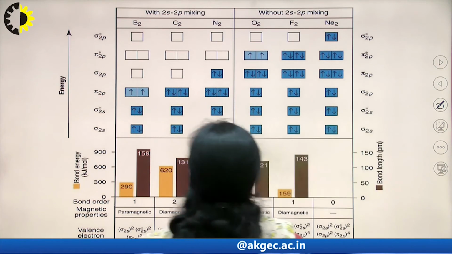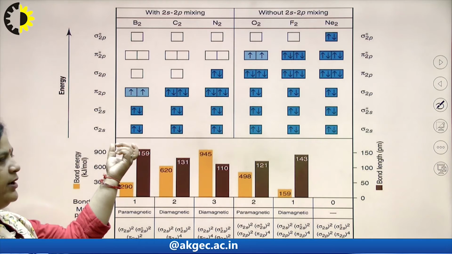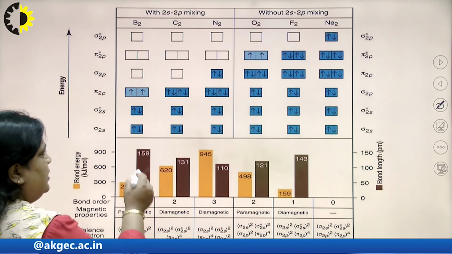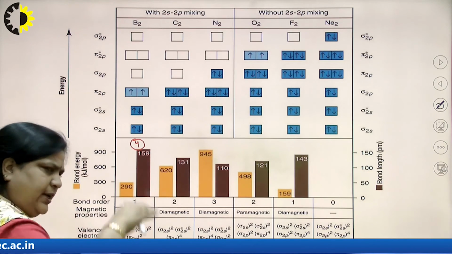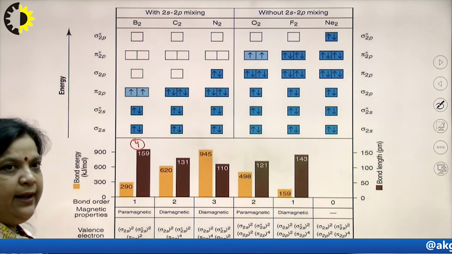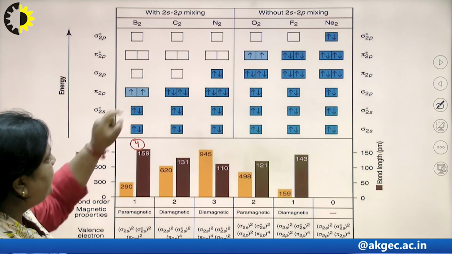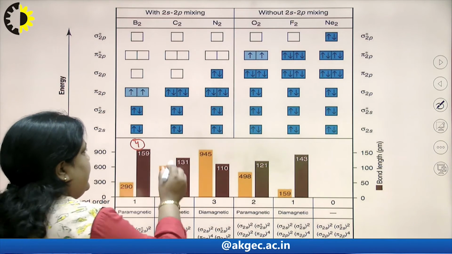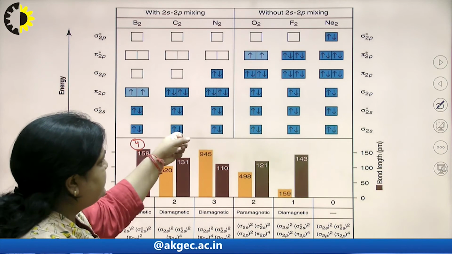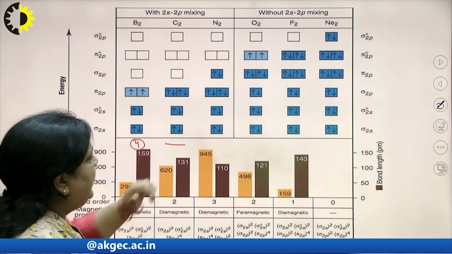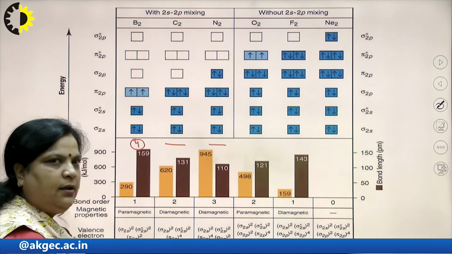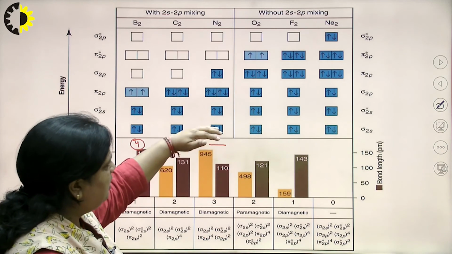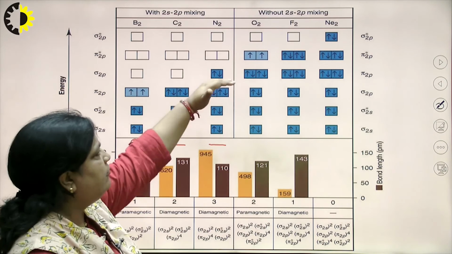So, B2, the total number of electrons is 10. So, 1s is 4, sigma 1s and sigma star 2s. So, it is understood because it has very low energy. So, we can write this as K. Then 5, 6, 7, 8, 9, 10. In case of C2, C is 6, so C2 is 12. So, 1s, that is 4, 5, 6, 7, 8, 9, 10, 11, 12. N2 is 14, so 1s is there, and then sigma 1s and sigma star 1s are filled. So, 4 electrons, 5, 6, 7, 8, 9, 10, 11, 12, 13, 14.